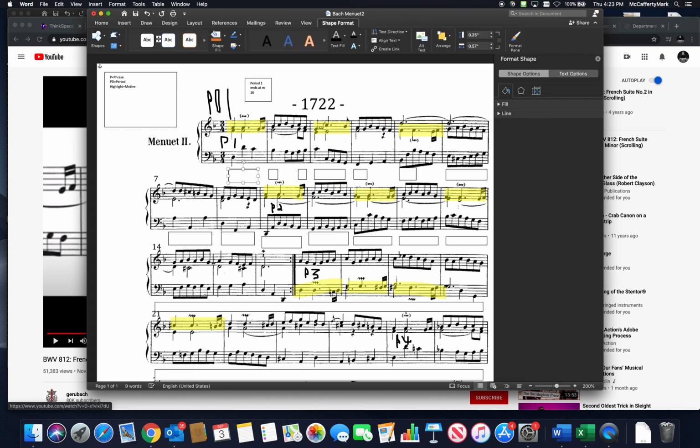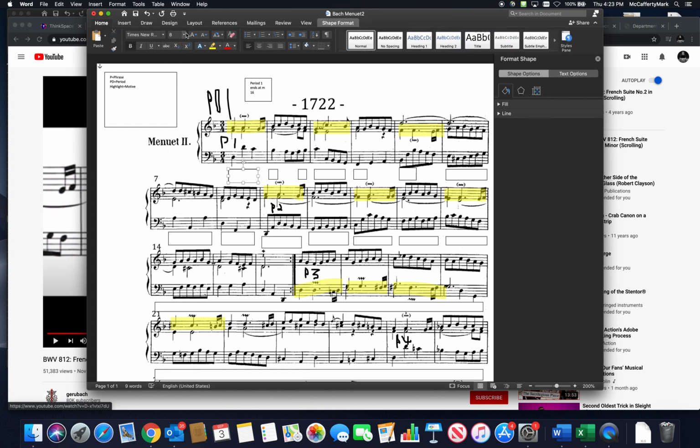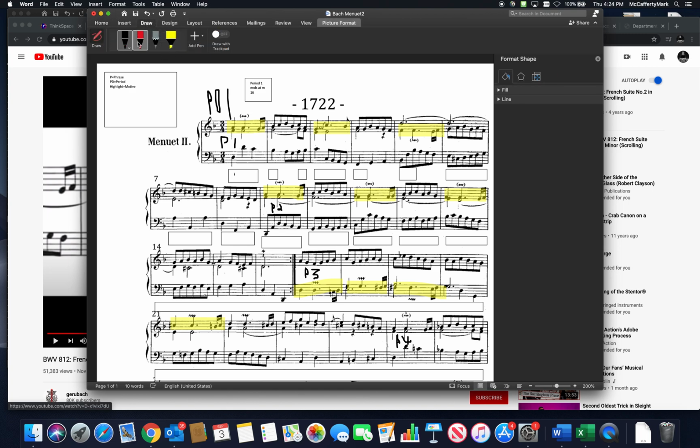We can click in here, and let's make sure it's Times New Roman. Let's get tiny, right? And we'll write 1. That's all we really need there. Then, if you want to get a little more involved, you could circle this C as a passing tone: D, C, B flat, passing tone, right? You could circle some of these too, but that's motive, so I don't know how deep you want to go into that. I need the Roman numerals, the phrases, the periods, that kind of thing. If this helps you, definitely do it. If it doesn't,